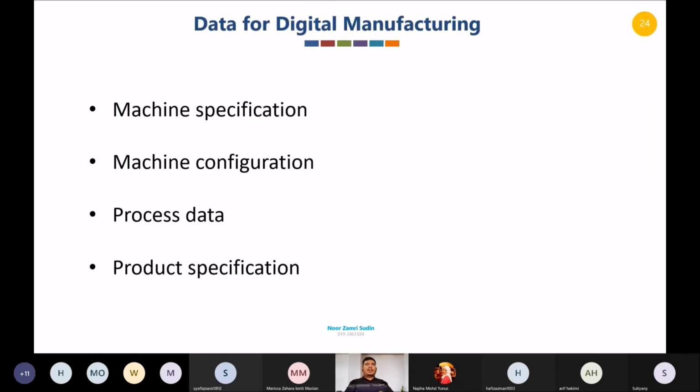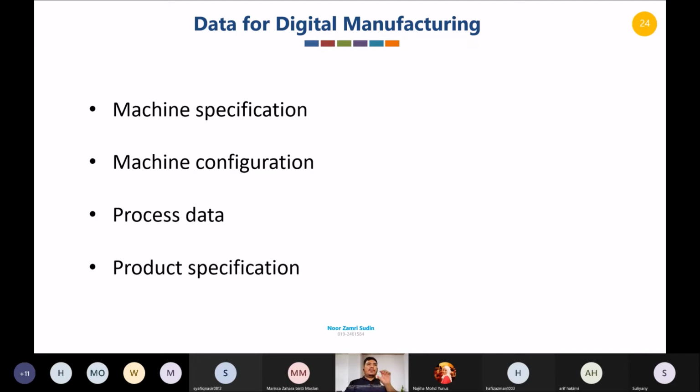So this is some of the data that we need for digital manufacturing. For example, we need machine specification, machine configuration, process data, and product certification. It's not only this, but this is some of the data you need. If you have the machine specification, you can draw your machine inside the digital world.